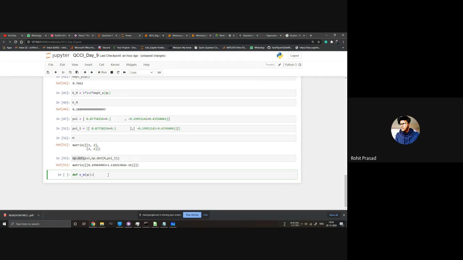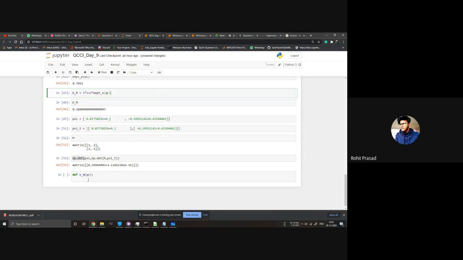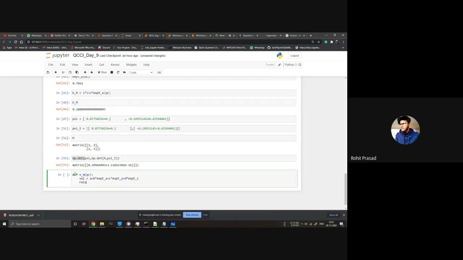It gives us min val, equal to A into 1, plus B into EXPT of X, plus B into EXPT of Y, plus B into EXPT of Z. Then we return our value.